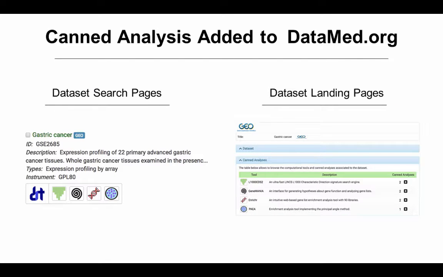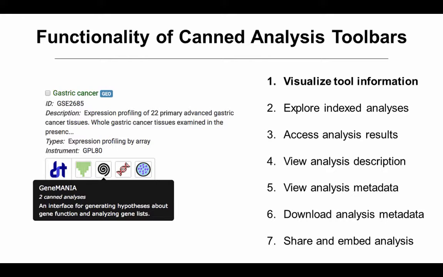So now I'll get into the actual interfaces. The two main pages we aim to enhance are dataset search pages on the left and the dataset landing pages on the right. And the functionality we aim to add is shown by the toolbars below the search results in the search result pages and these tables in the dataset landing pages. I'll briefly explain what is going on for the search pages, and the functionalities on the landing pages are very similar. So the idea is that we will add interfaces, and